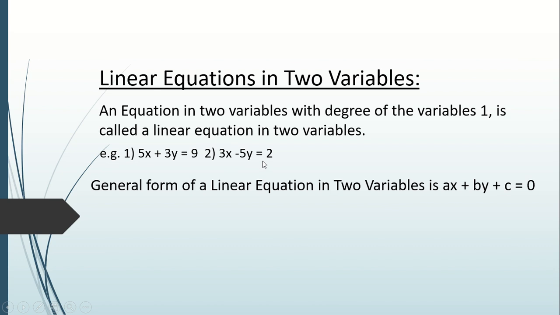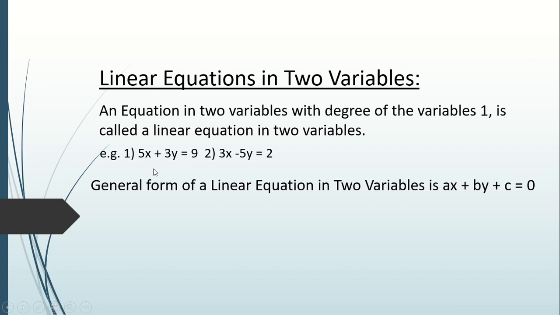Last year we have also learned how to draw a graph. This year definitely we are going to learn one more method to solve simultaneous equations, and that is the graphical method. At that time you will see that the graph of a linear equation is always a straight line. That's why they are called linear. Now what does this linear word mean? That the degree or the power of both the variables always has to be 1. It cannot be 2, 3, 4, 5.